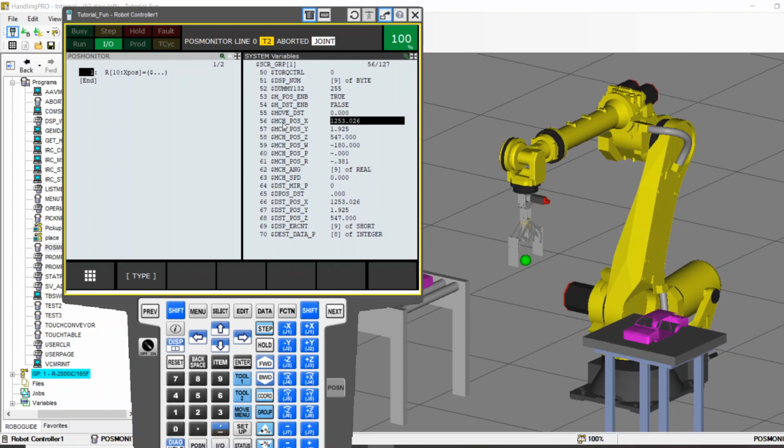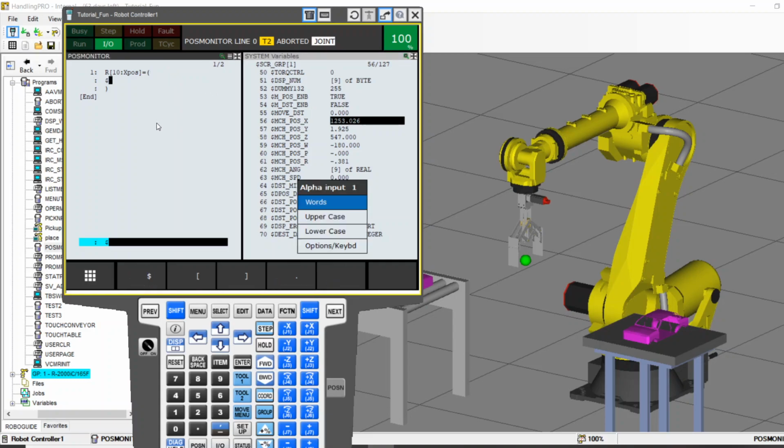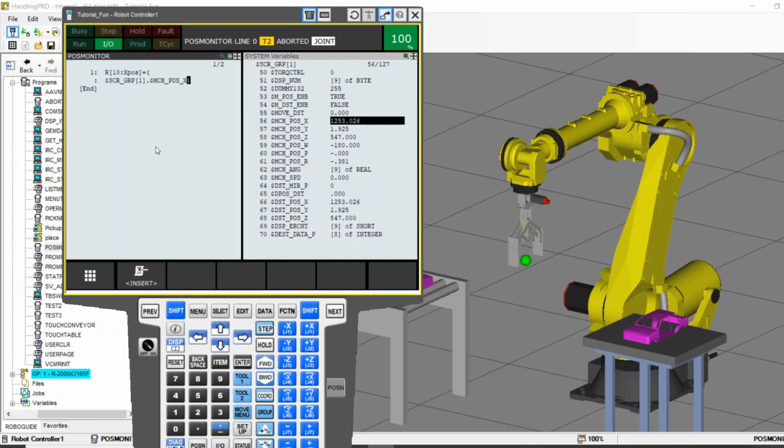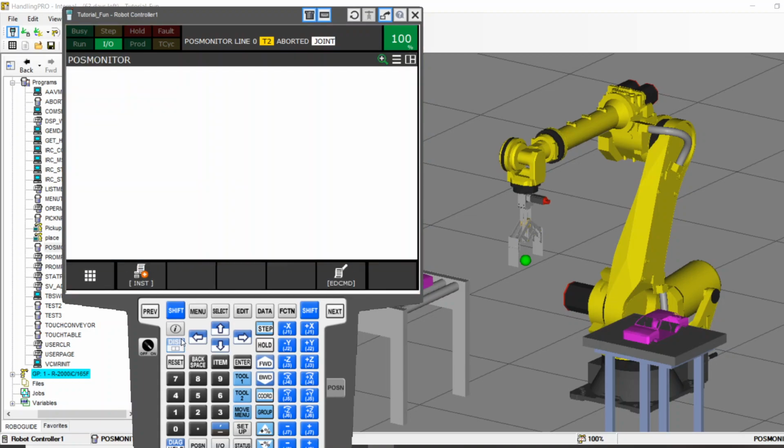Perfect. So here's what I have. I have $SCR_GROUP1. Then I also have $MACHINE_POSITION X. So let's go ahead and populate this guy. It's going to look very much like this. SCR_GROUP1 dot, don't forget the dot, that lets you know that we're going into the child part, $MACHINE_POSITION X. Enter. So now I have SCR group 1, machine position X, which is that data, split my screen back, is